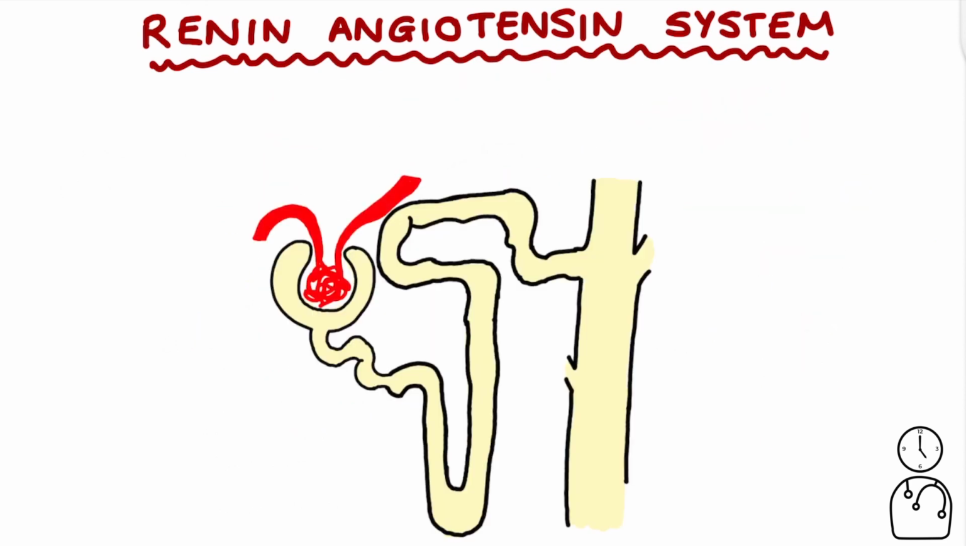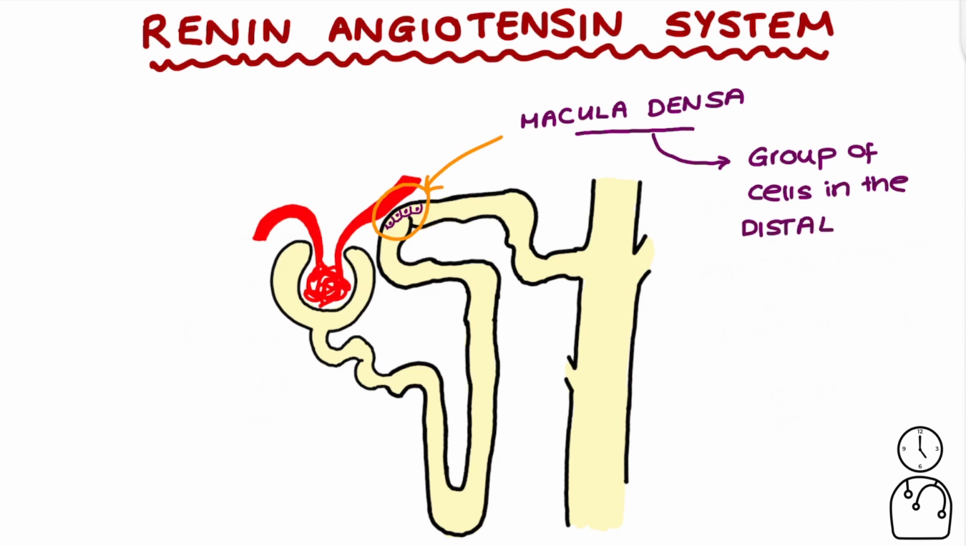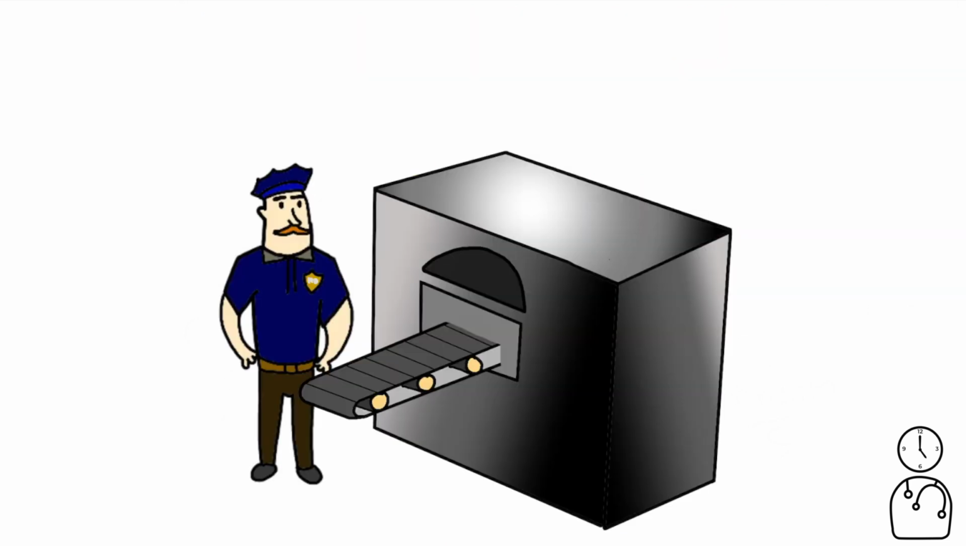So near the bit where the distal convoluted tubule comes into proximity of the afferent arteriole, there's a group of cells known as the macula densa cells, which sit in the distal convoluted tubule. They detect sodium levels in the filtrate. It's sort of like an officer counting how much sodium is coming through. If there isn't much sodium coming in, as would happen if blood pressure was low, it tells the juxtaglomerular cells